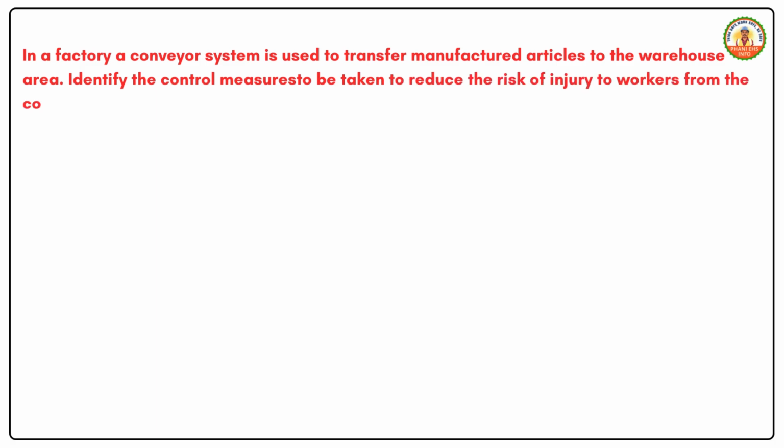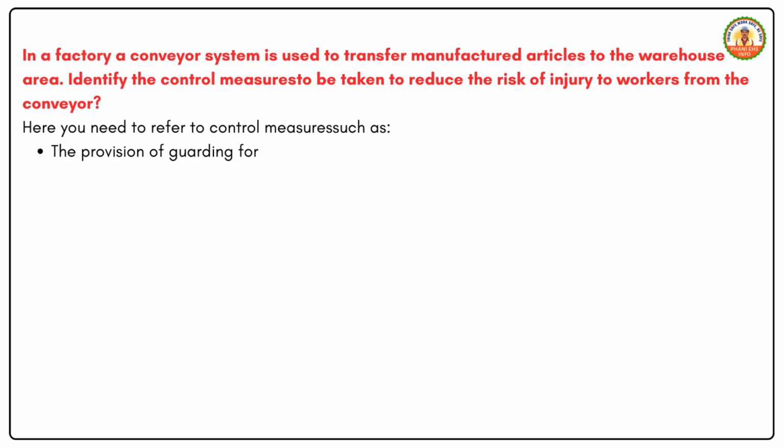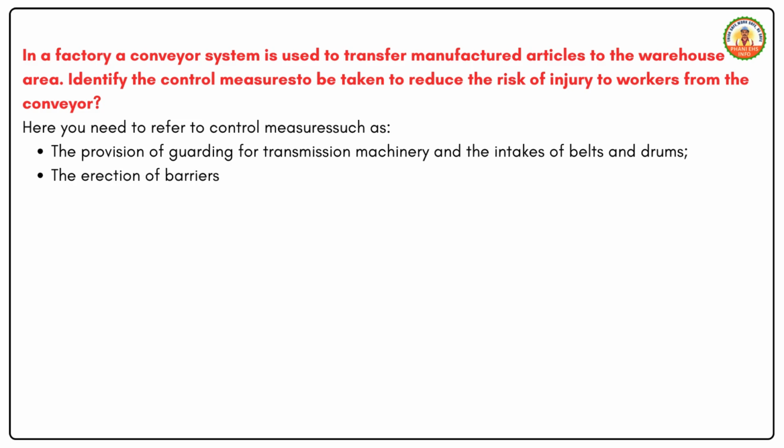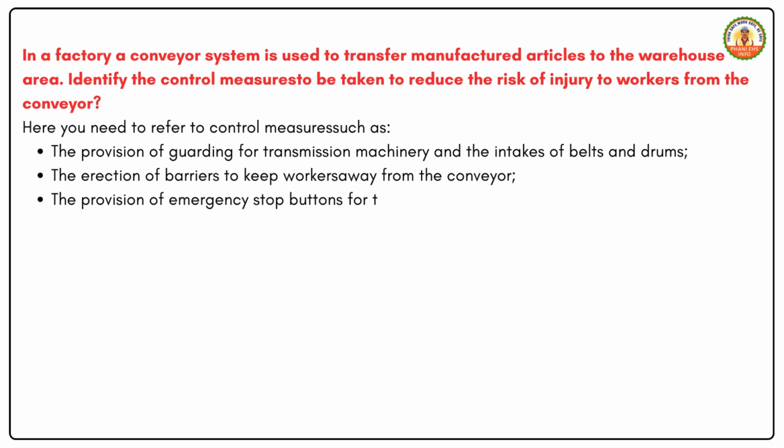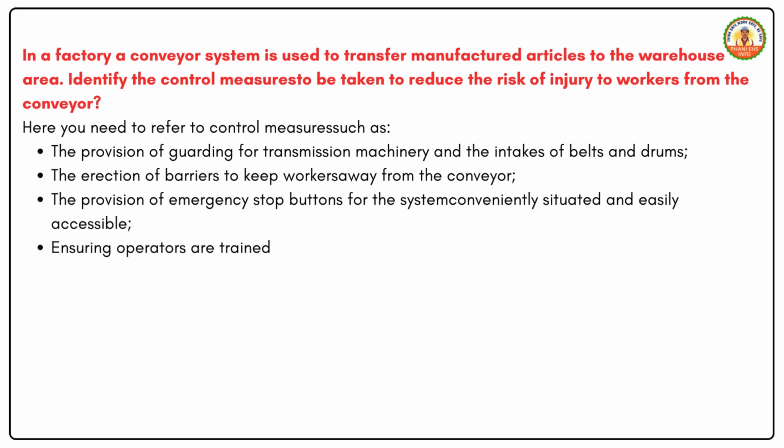conveyor. Here you need to refer to control measures such as the provision of guarding for transmission machinery and the intakes of belts and drums, the erection of barriers to keep workers away from the conveyor, the provision of emergency stop buttons for the system conveniently situated and easily accessible, ensuring operators are trained in the use of the conveyor